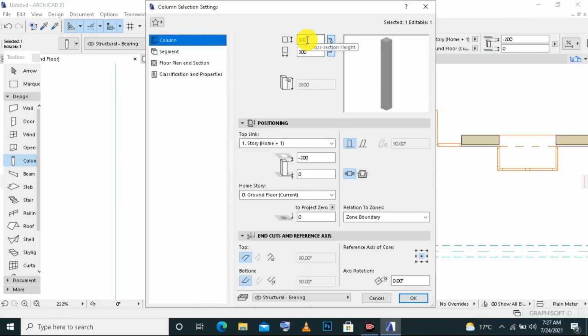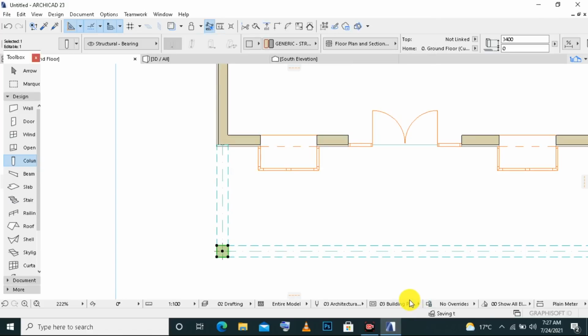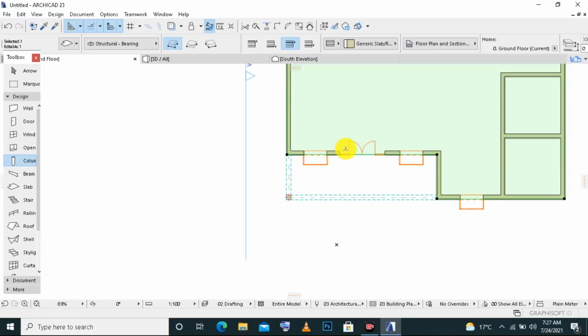Column setting is having 3,000, so this is 3 meters, so we have to not link it, so it has to be 3,400, yeah, so they can reach there. So we have to extend the